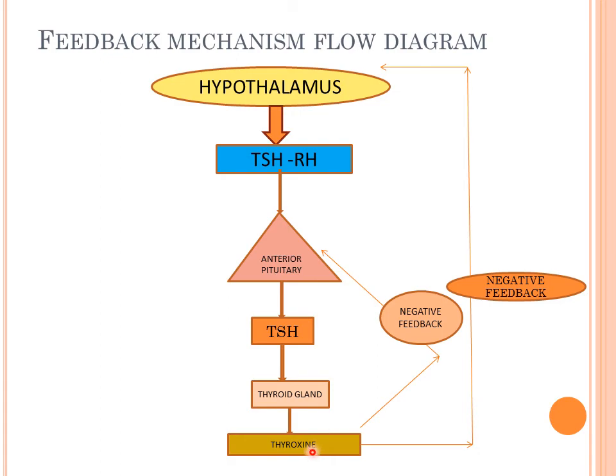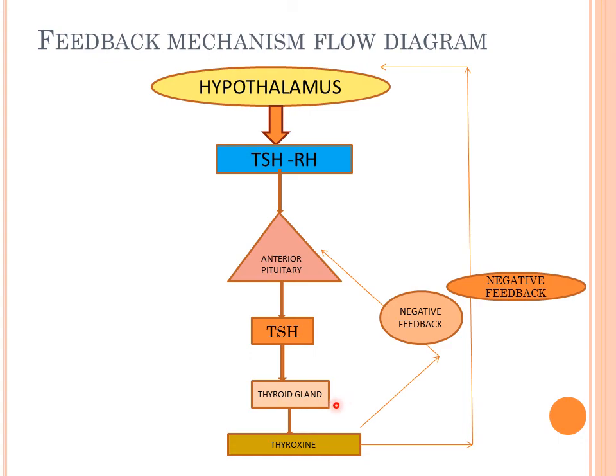If this is more, this should be less, because thyroid stimulating hormone is stimulating the thyroid gland to produce more thyroxine. So they work in coordination, helping each other. If TSH is released more, then thyroxine will be released more from the thyroid gland. So we will be telling the thyroid gland not to produce more. So they act in coordination. When opposing systems, when one is more, the other should be less.